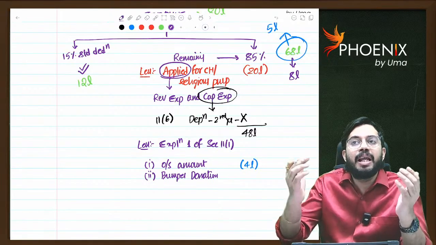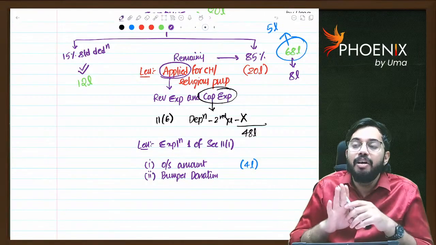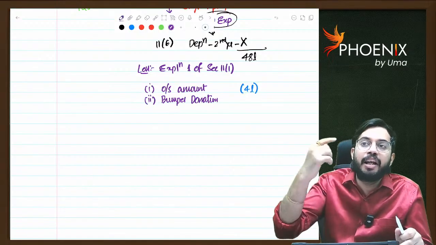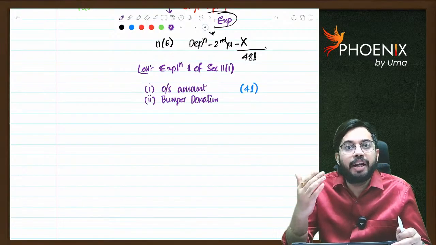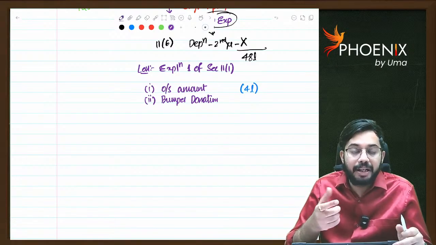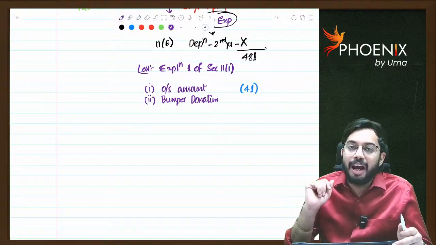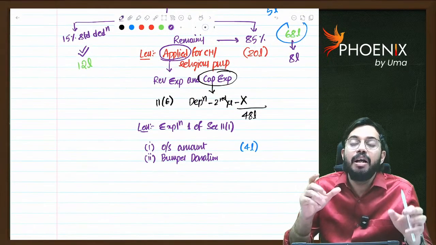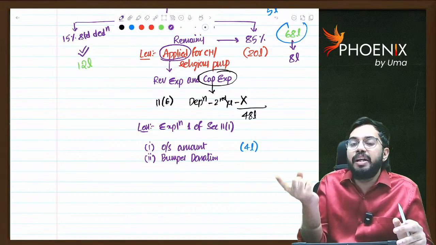So if I get any bumper donation at the end of the previous year or for any other reason, I can file a declaration to the assessing officer, like I can file a declaration to the income tax authority. What is the time limit? Within 2 months before the ITR due date, I should file an application to the assessing officer, and whatever the bumper donation amount is, I will spend this amount in the immediately next financial year.